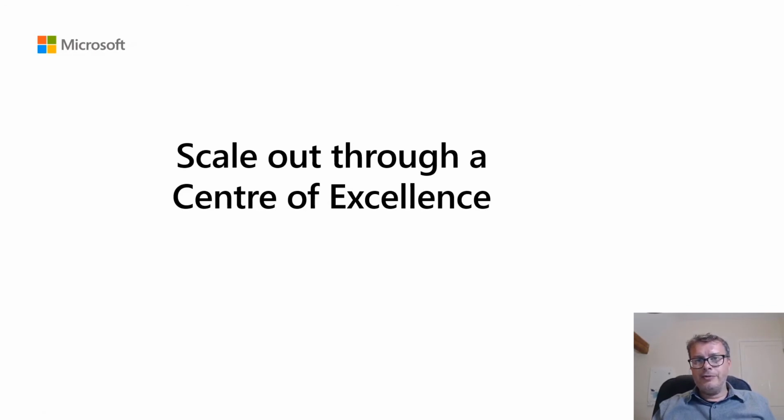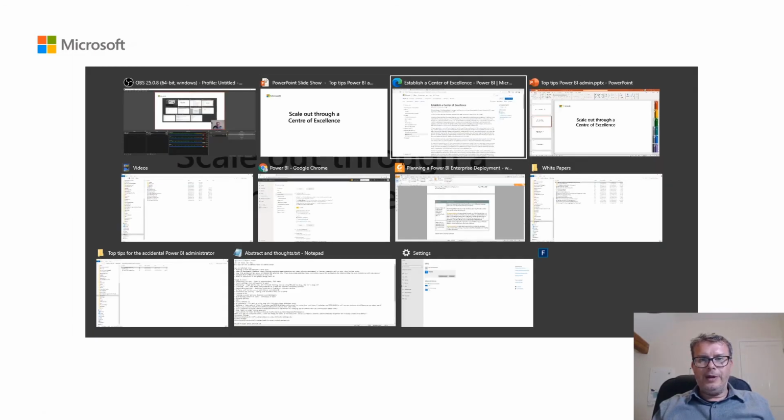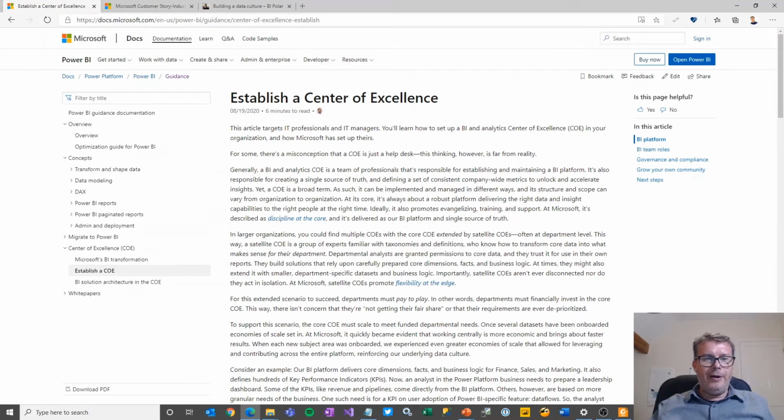Now, some of those online resources that I mentioned earlier are specifically to do with creating a center of excellence and fostering a data culture. If we go back to the browser, in the Power BI guidance documents, there is a section on establishing a center of excellence. There's also a page on how Microsoft does Power BI internally.